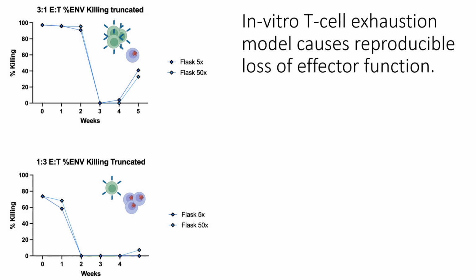Now, there has been a ton of validation that went into making this system work, but just as a kind of preliminary demonstration, right, our exhausted T cell model causes a reproducible loss of effector function, right? So these are K562s acting like HIV, and over a 3-week time course, your cells lose the ability to kill cells, which is just exactly what you'd expect in an exhausted T cell. This is the same type of plot, except in a lessened effector to target ratio. And this is saying that by 2 weeks, CARs in lower ratios can kill even less. That is, it's more sensitive to the fall off because the individual CAR needs to kill 3 K562s to